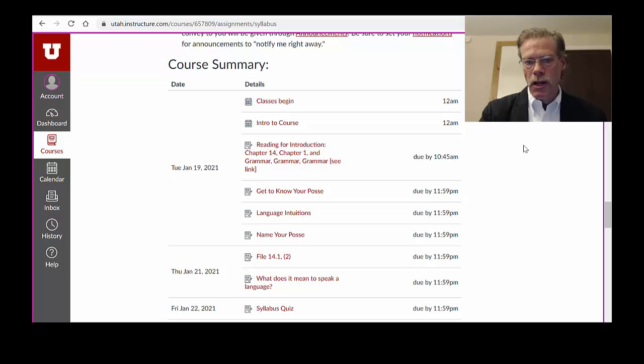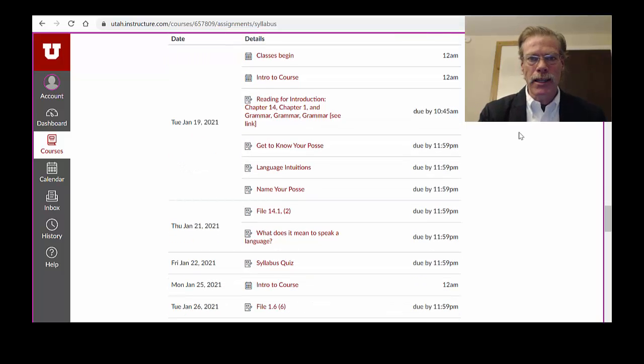Down here, you've got a course summary. I do want you to know this is a work in progress, so assignments will change, assignments will be added, some of them will be subtracted. The only module that is complete as of this moment is the first module, and each subsequent module is still locked until the 2 weeks is up for that first module. So I'm building the class as we go because this is my first time teaching this class as an online course.